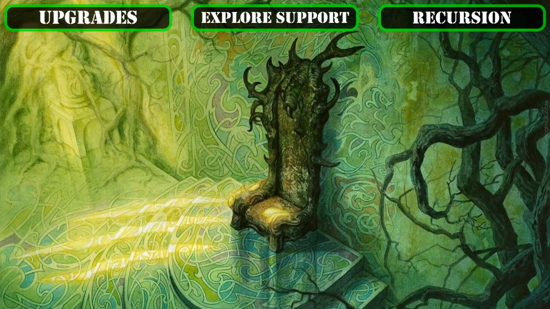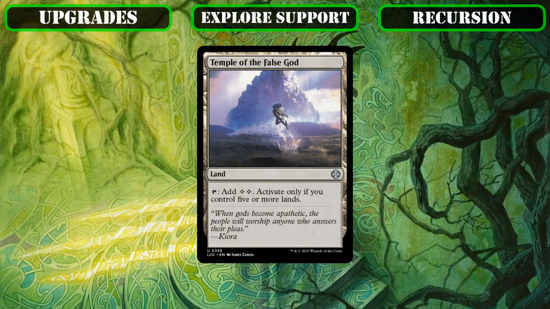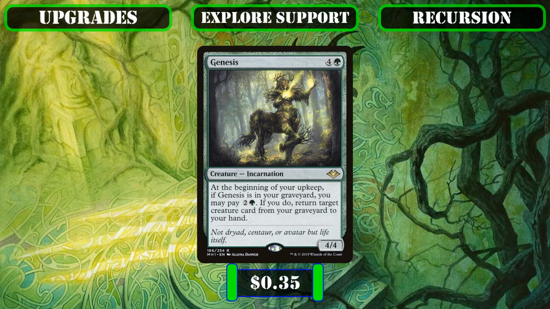Then, to help us take advantage of all the cards we'll be sending to the bin as we explore, we'll be raising the terrible land Temple of the False God, since we can afford to cut our land base slightly due to our low mana curve, so we can make space for our last creature, Genesis, which helps supplement the